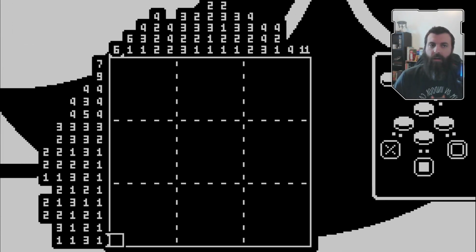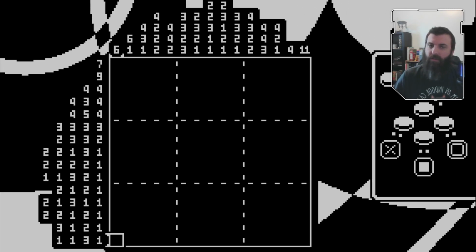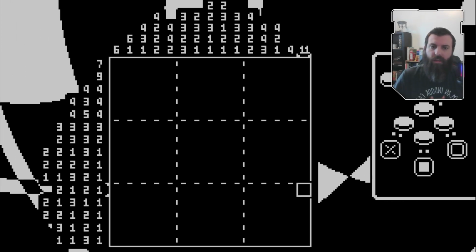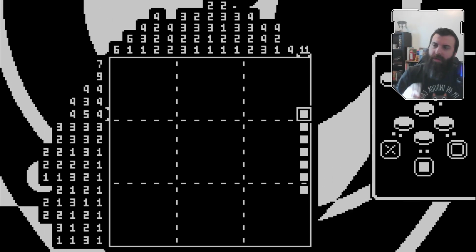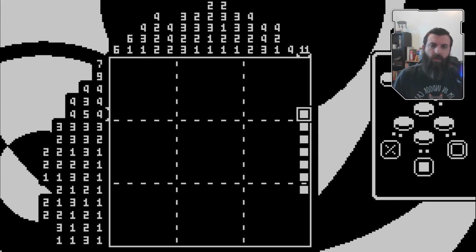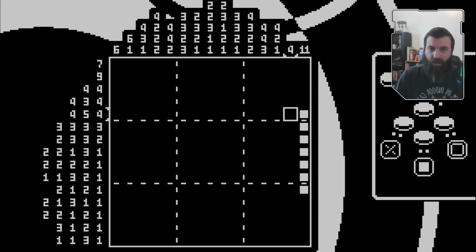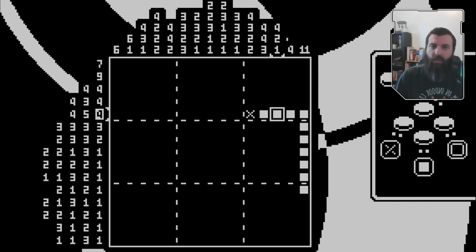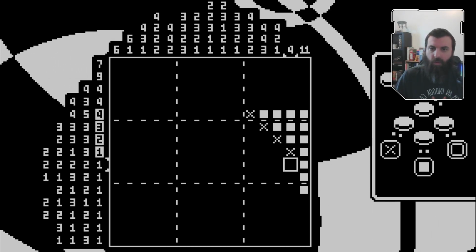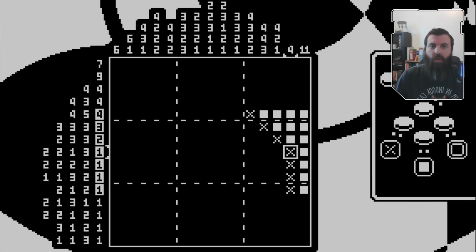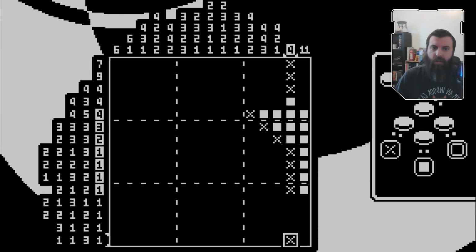So, number 100 is a whopping 15 pixels wide by 15 pixels tall. We can see that there is an 11 over here on the right edge, which is great because that's only 4 pixels of wiggle room for it, and we can use this right edge to start extrapolating out a lot of our horizontals. We've got a horizontal 4 here, we've got a horizontal 3, a horizontal 2, 1, 1, 1, and 1. With these 3 pixels in place, we know where the rest of this 4 goes,